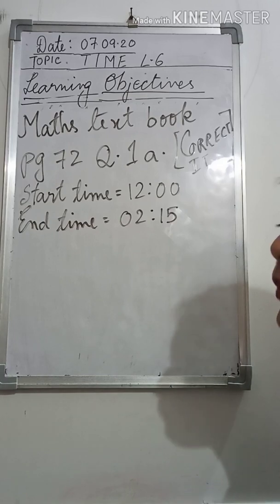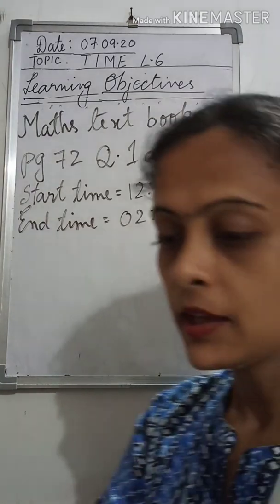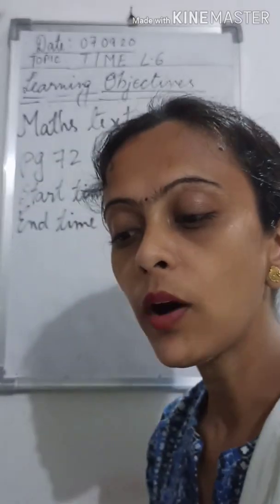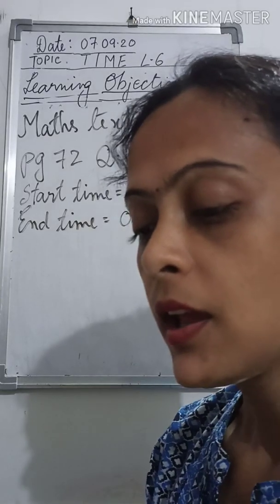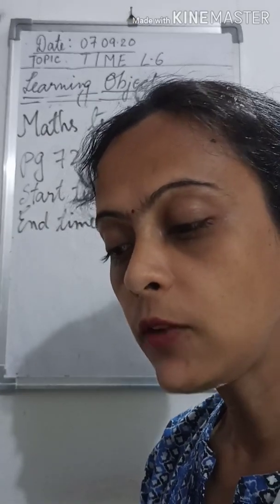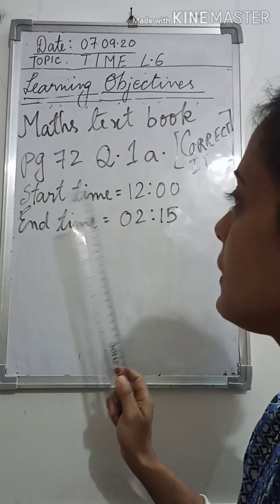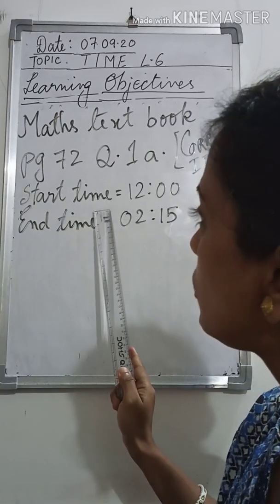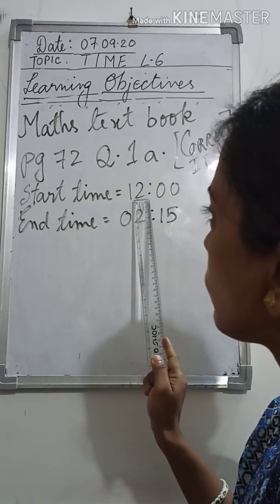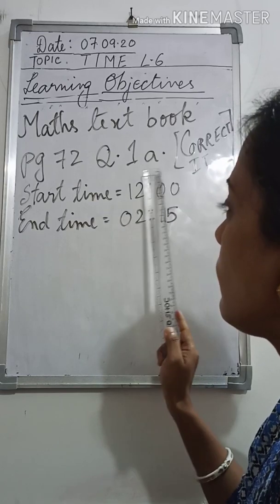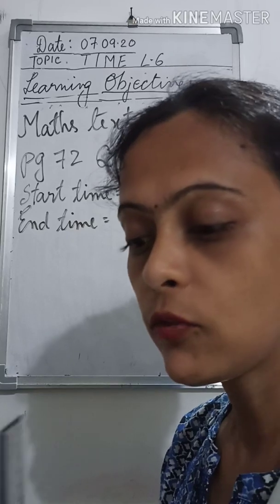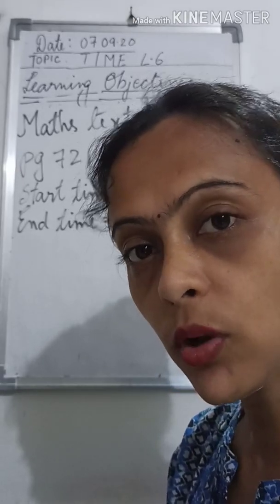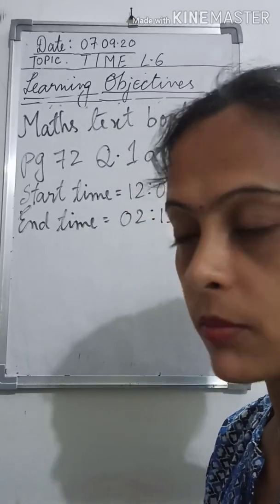Now what is given in your question? In the question you are asked to find the duration of time. In what hour clock? In 24-hour clock. So you have to see that your question asks you to convert to a 24-hour clock. This is the main thing that we need to concentrate on. Here you see the starting time is 12:00. So 12:00 means the timing is given in 24-hour clock. You have to understand that the timing is given in 24-hour clock, not 12-hour clock timing.